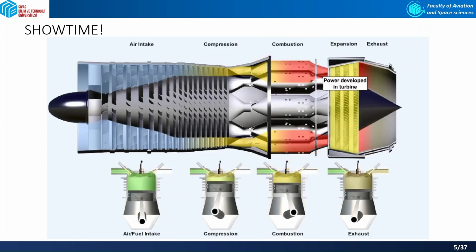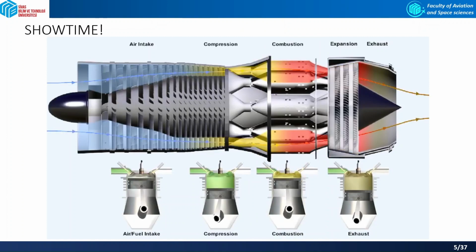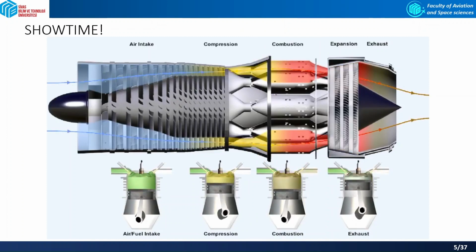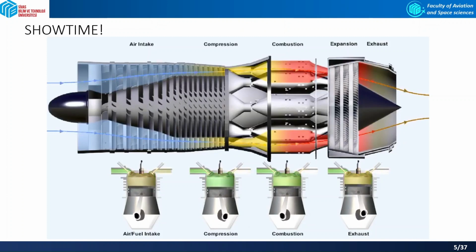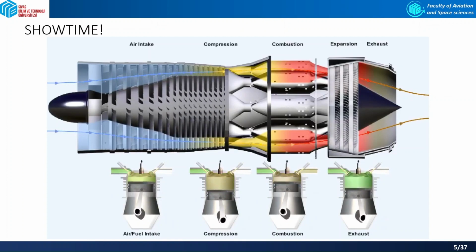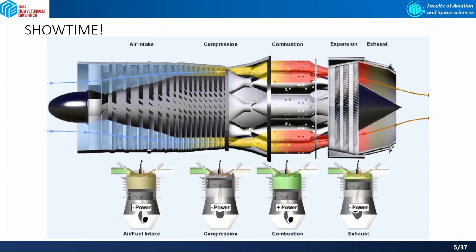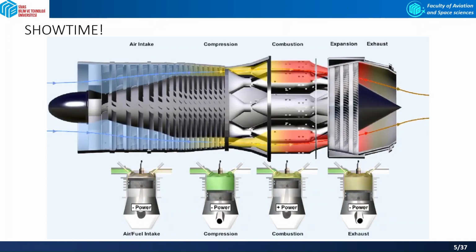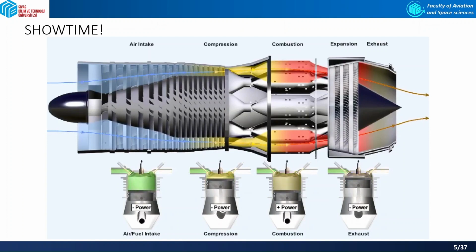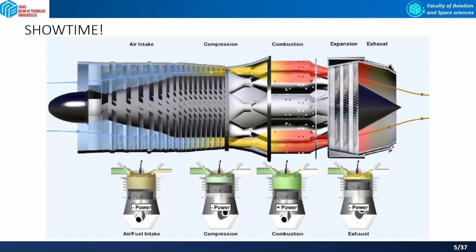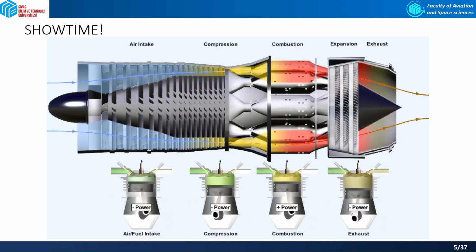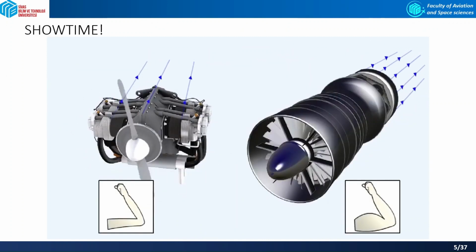Power is developed in the turbine of the engine. Other differences between the piston engine and the gas turbine engine concern the continuous manner in which these processes occur in the gas turbine engine, as opposed to the intermittent procedure occurring in the piston engine. In the piston engine, only one of the strokes is utilized in producing power. The other three are effectively absorbing power, while in the gas turbine engine, the 3 idle strokes have been eliminated, thus allowing more time for the burning of fuel. This is just one of the reasons why the gas turbine engine has a greater power-weight ratio than the piston engine.